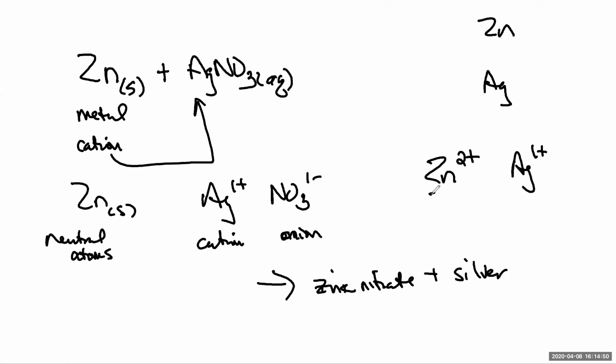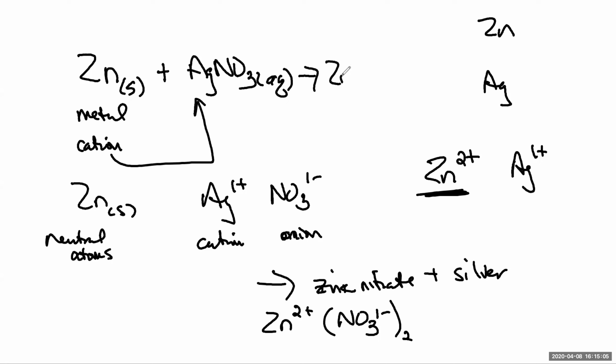Well, zinc makes ions that are +2, and nitrate ions are only -1. So zinc +2, nitrate -1, I need to have 2 of these things in my formula. So I'm going to have Zn(NO3)2, and then my other product will just be silver. So when I'm doing this,